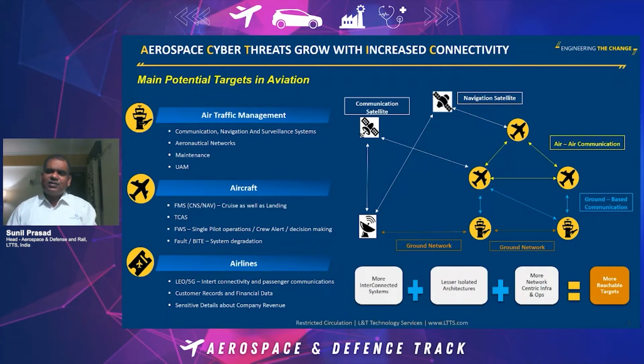So there is a possibility of these systems getting hacked, or fake messages coming in wherein the aircraft or the air traffic controller is not able to differentiate between the right message and an attack message. That could actually lead to the aircraft not landing at the right location. That too, if severe weather is there and the pilot is not able to see, could lead to a very significant challenge in safety.